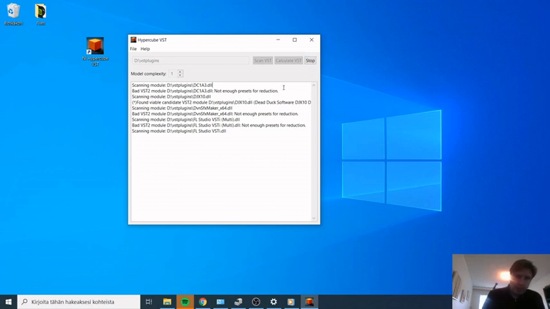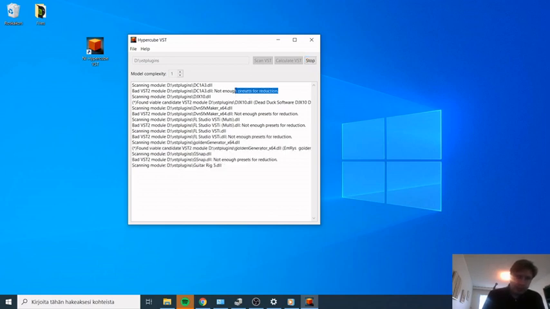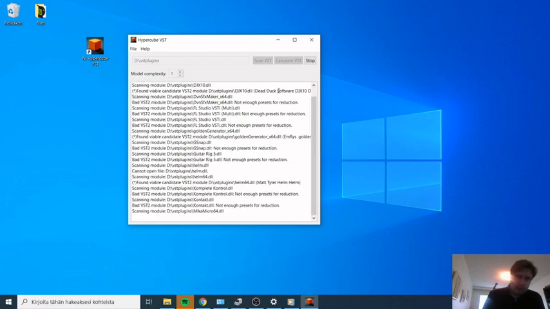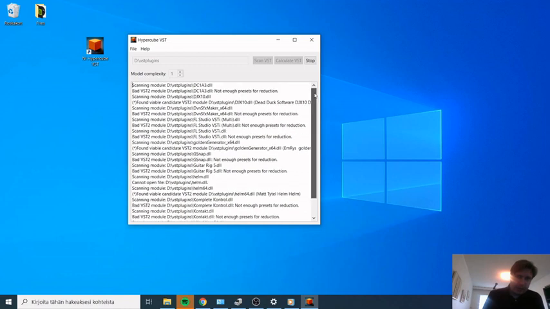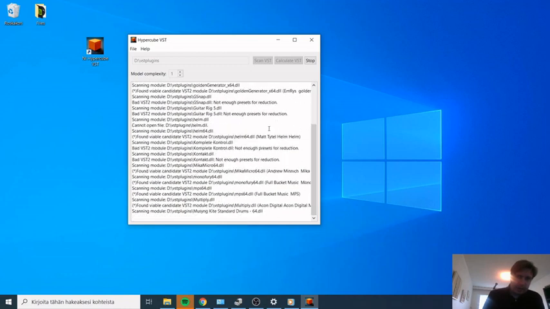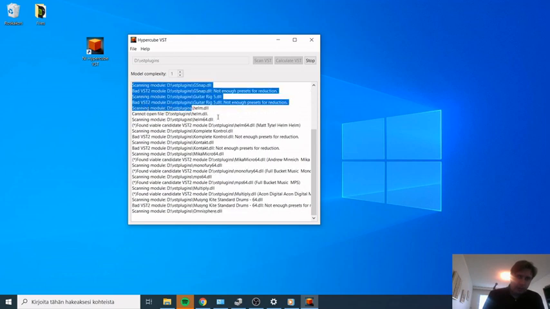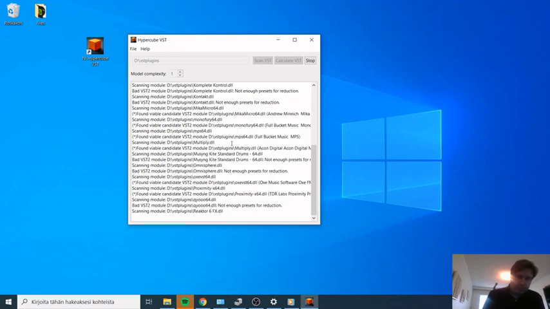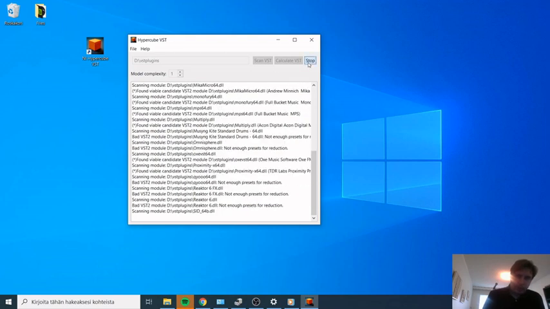The plugins must fully support VST2 so that the preset settings can be loaded from the plugins, and there must be enough presets to calculate the parameter reduction to the three parameters.